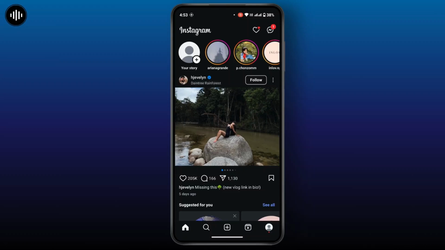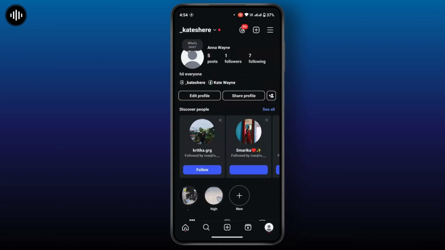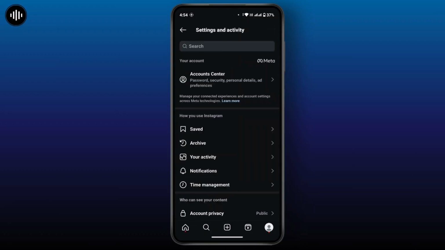If you're on your home page, navigate to the bottom right and tap on your profile icon. That's going to take you to your profile page. Once here, tap on the three-line icon at the top right, and under Settings and activity, head towards the top